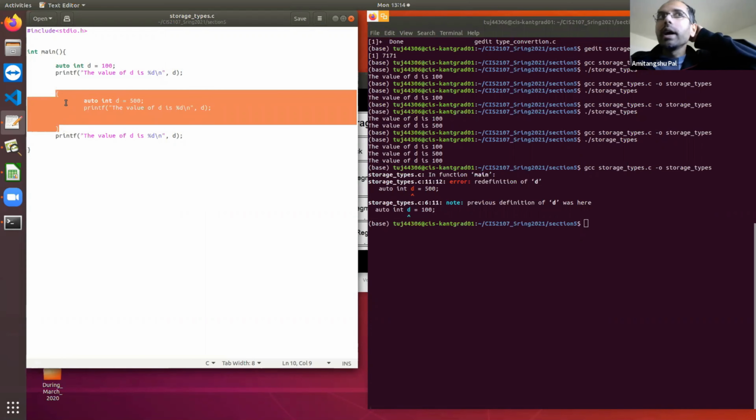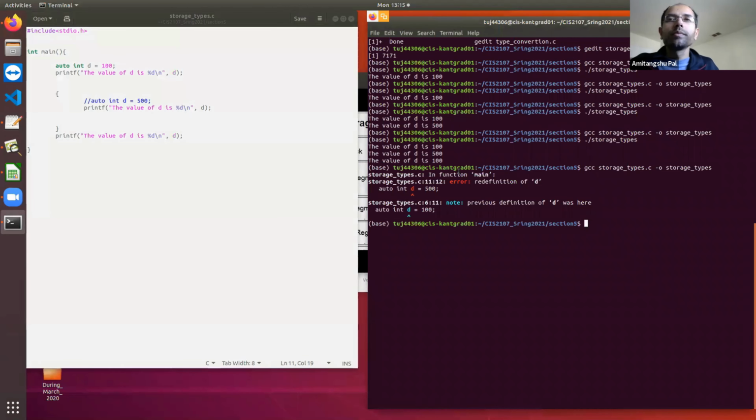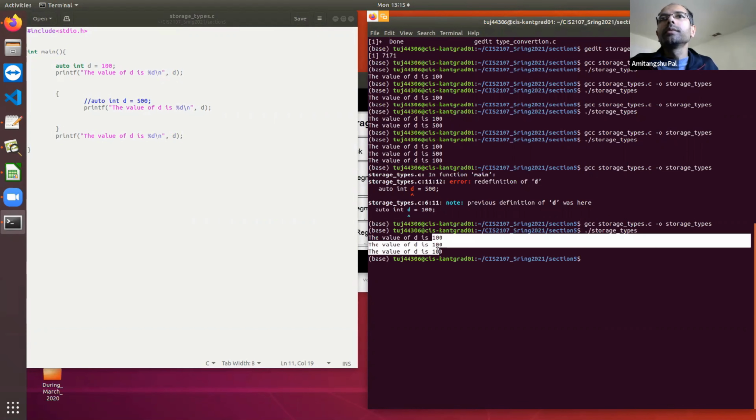Inside that block I can use the same variable name. Inside this block I can use the same variable name, and within this block if I declare a variable d, then this value is going to prevail within this block. Okay. If I do not define anything, then it is going to take the value that is defined outside. 100, 100, 100.